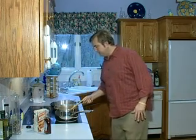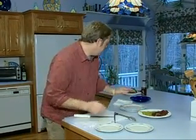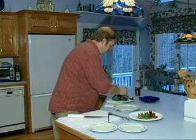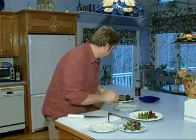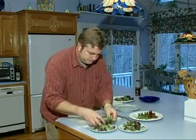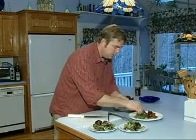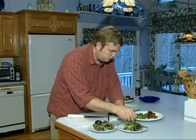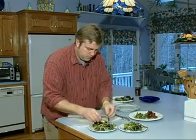Toasting our pine nuts up nicely. And while we're doing that, I'm just gonna put together a little salad that I came up with. Poached the asparagus. We've got our bacon right there. Sullivan's had some gourmet greens in the refrigerator. So we're just going to take our greens. You could do this with any type of lettuce you wanted to. Sprigs of fresh asparagus. Lightly poached. Presentation is lovely. Oh well, it's